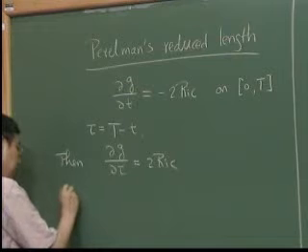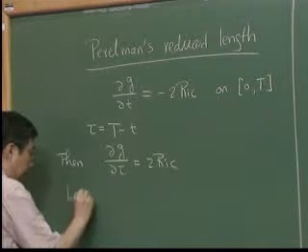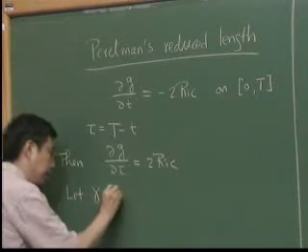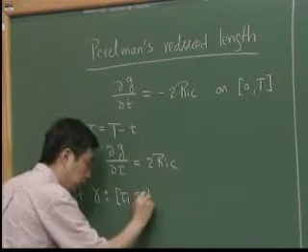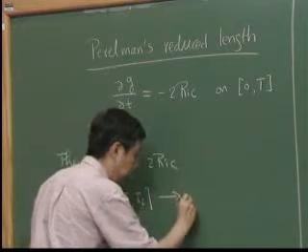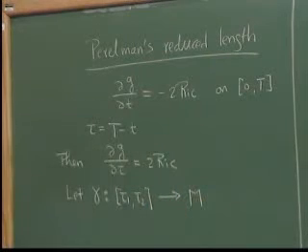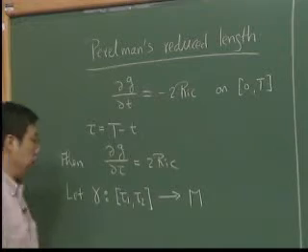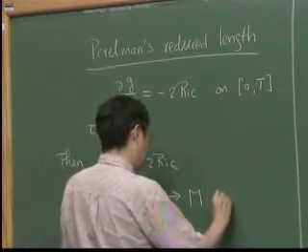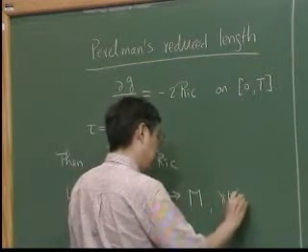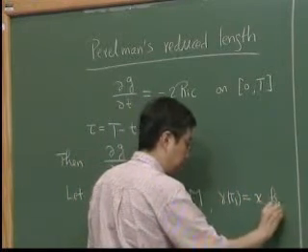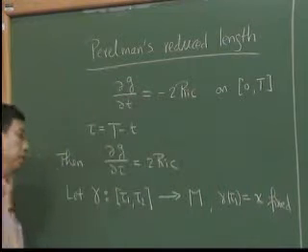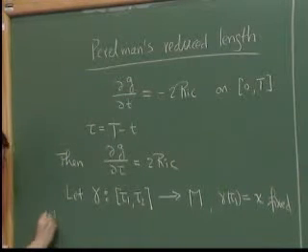Let gamma be any curve from tau 1 to tau 2 into your manifold. Given any such curve, gamma at tau 1 is a point x, which I will fix. Then we define